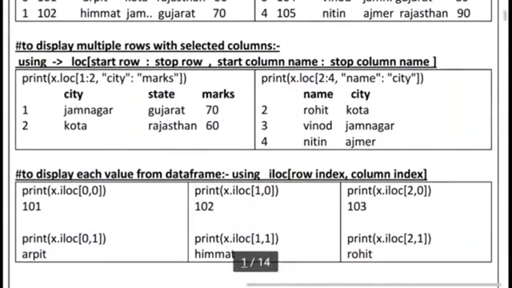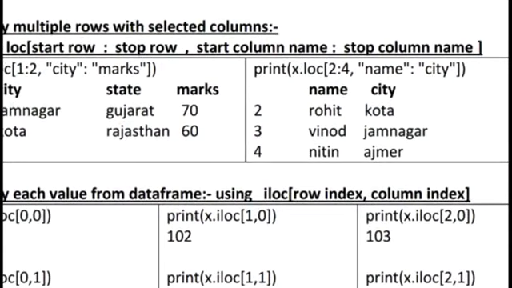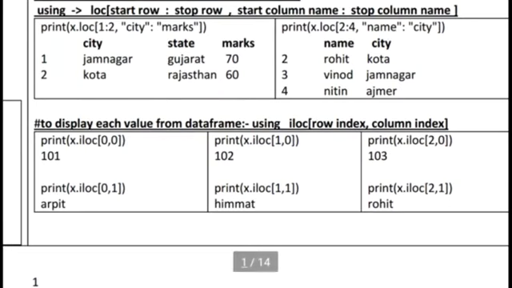So here we can see the name and city columns for these two selected rows, and we can also display this in selected rows. For the selected row we can display selected columns. Suppose I want to access values just like in a 2D array. In NumPy, we can access each and every value of a 2D array by first using the row index, comma, then the column index. The same thing we can perform in our data frame to access each and every value.